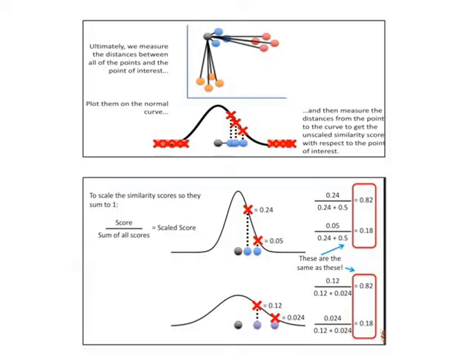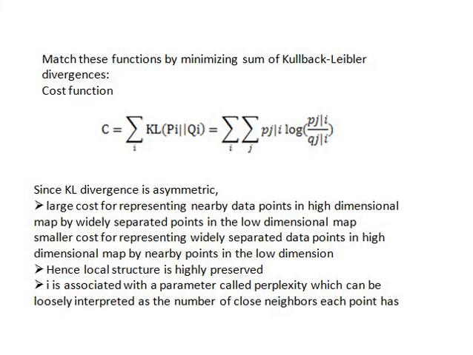So let's see, when we obtain the similarity probability in low dimension as well as in high dimension, when the similarity probabilities are not the same, logically the conditional probabilities Pj given i and Qj given i must be equal for a perfect representation of similarity of the data points in different dimension spaces. That is, the difference between Pj given i and Qj given i must be 0. That is, the probability of that particular data point in high dimension and the similarity probability of that same data point in the low dimension must be the same. If both similarity probabilities are different, then we have to go for some gradient function.